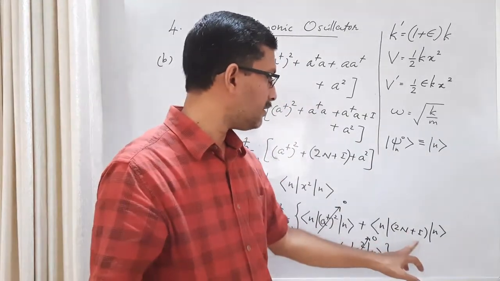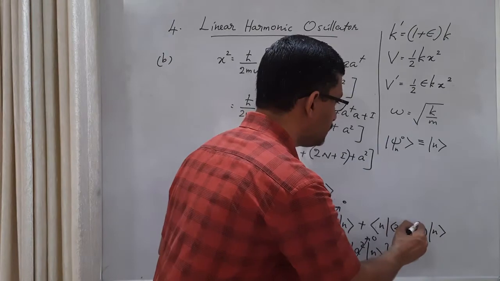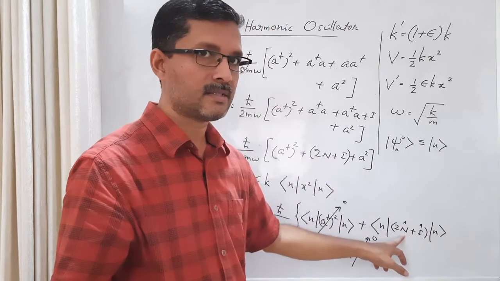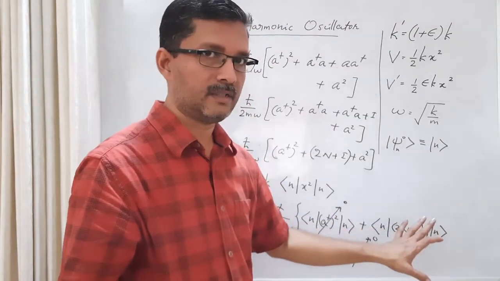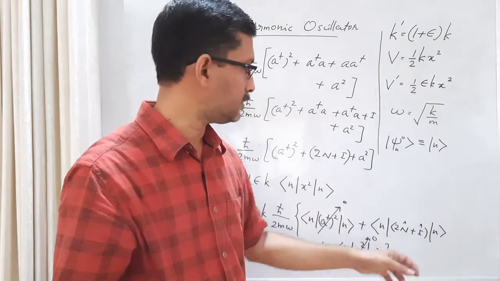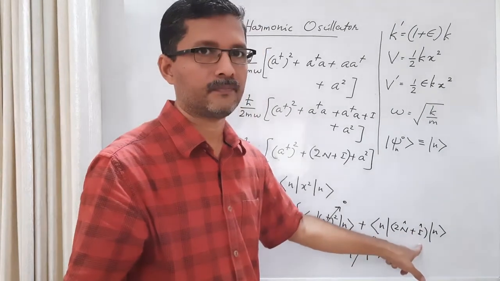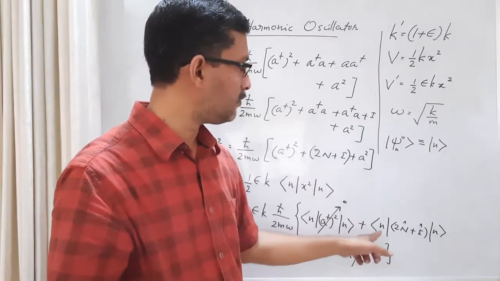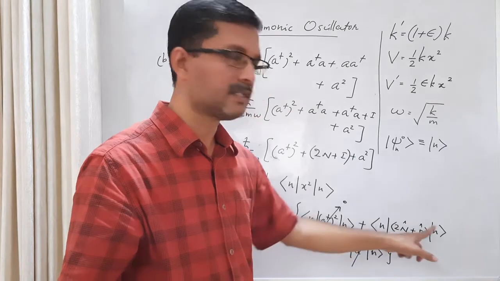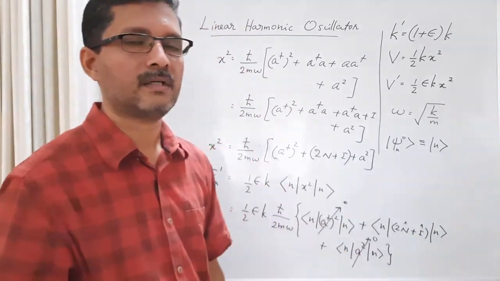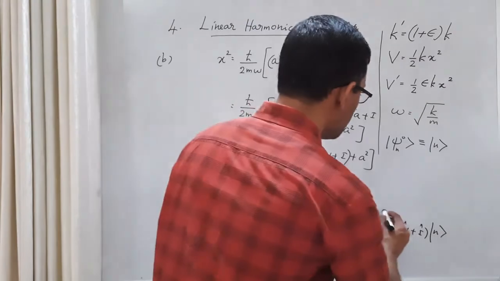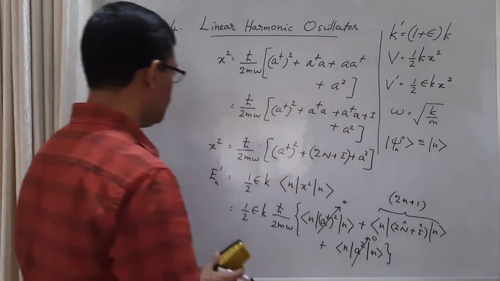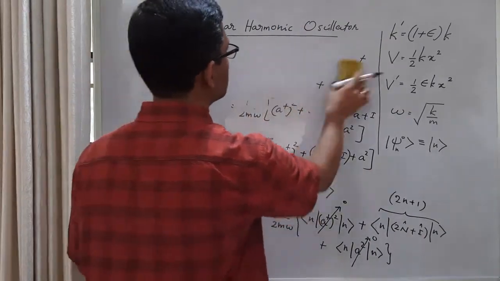Now what you get here, this is an operator, this is also an operator. So when this number operator acts on ket n, you will get n as the eigenvalue. Identity operator, the eigenvalue is 1, we can say, there is no change. So here what you get is 2n plus 1. When 2n plus I operates on ket n, you get 2n plus 1. 2n plus 1 is a scalar, we can take it outside. What you get is bra vector n, ket vector n, same state, since they are normalized, and that inner product is 1. So this term will yield just 2n plus 1. Okay? So the first order correction in energy is,